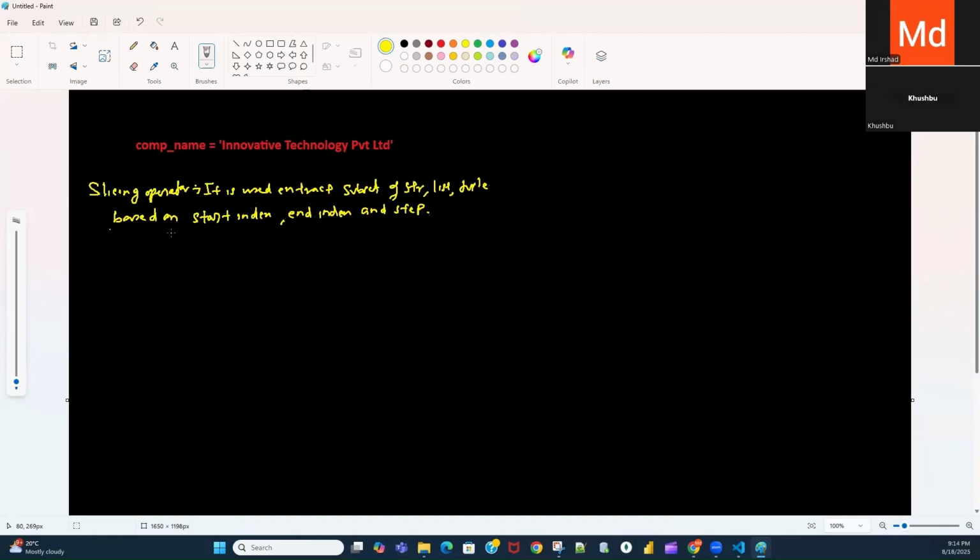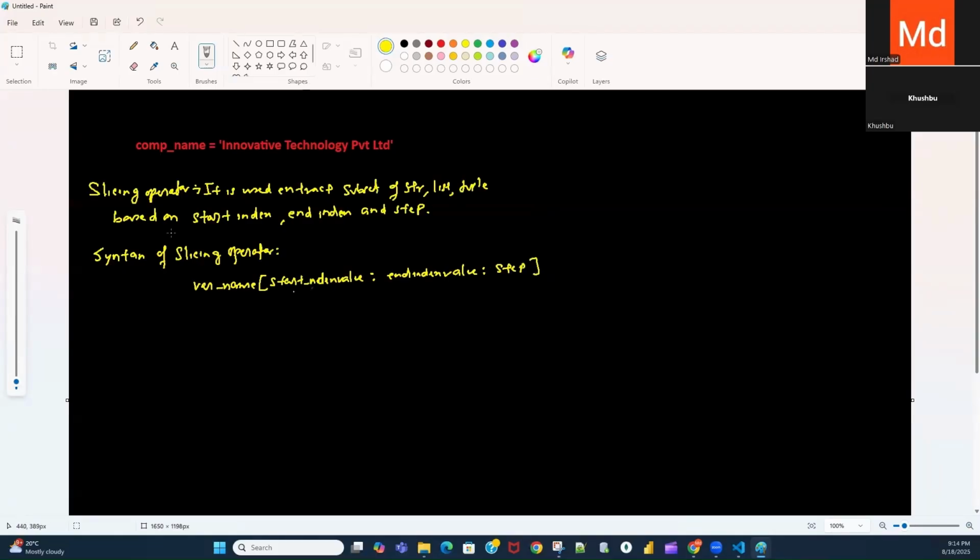So what is the syntax of the slicing operator? You need to take the variable name, and in the square brackets, you pass the start index value, then a colon, then the end index value, then a colon, then the step.